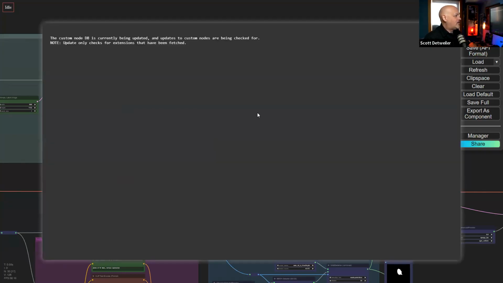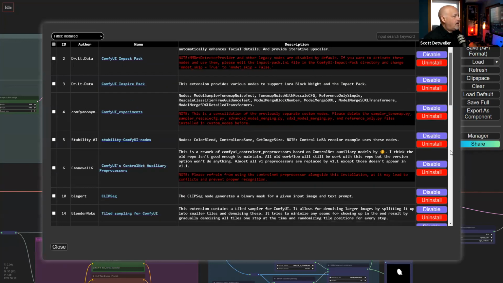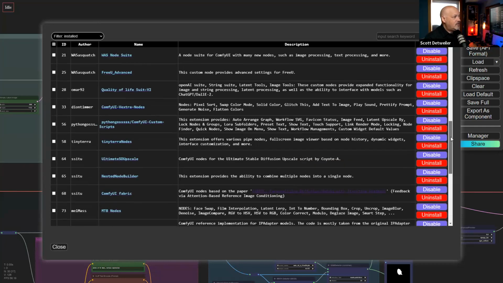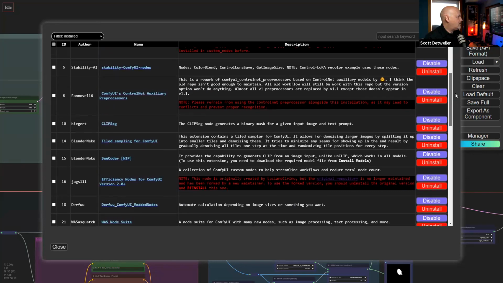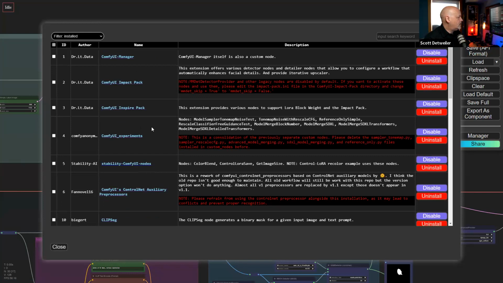I can go to my install custom nodes and I can say, okay, what ones do I have installed? These are the ones I have installed. So I don't have that many, but I have some that are pretty interesting. Some that are just experimentation. Some doing with efficiency and tiled, like we can tiled sample, clip segregation, all kinds of different things like that. So